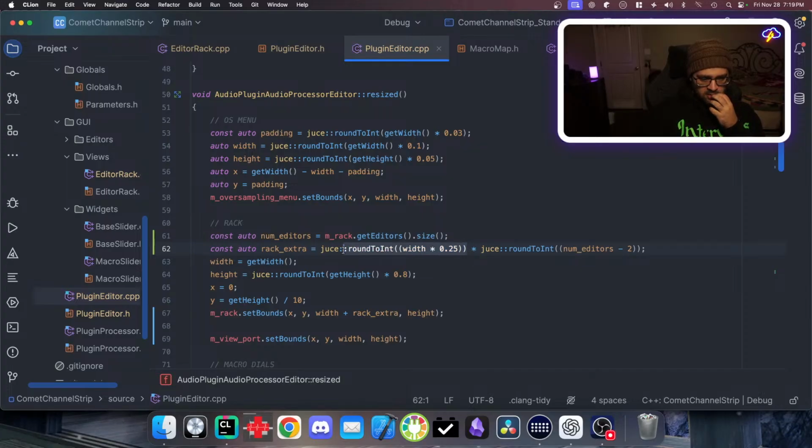So we say a quarter of the width, which is the size of each editor. So like when it's num equals 0 or whatever, this would be -2. Why was that working in the other project? This seems weird. So whenever num editors is 4, that's 2. So it should, yeah, so it should. Huh. What happens if